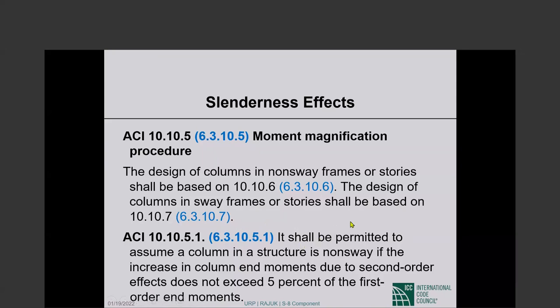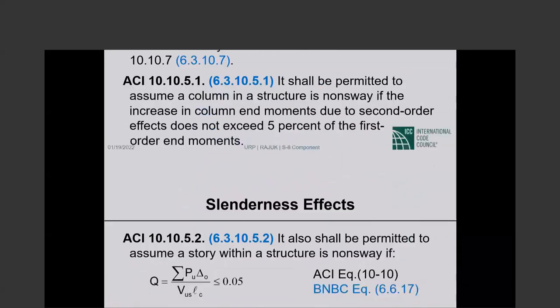Then it says it shall be permitted to assume a column in a structure is non-sway if the increase in column end moments due to second order effects does not exceed 5% of the first order end moments. Okay, so take it for what it is worth. An individual column can be considered as braced, non-sway, if the increase in moment due to second order effects is no more than 5% of the